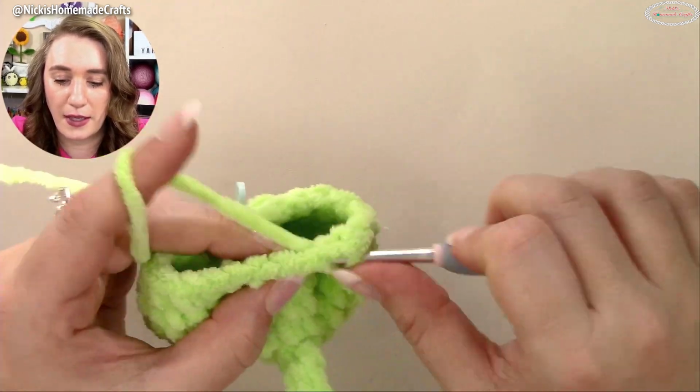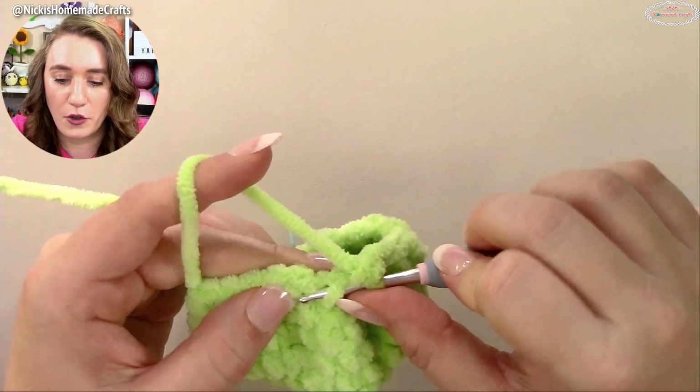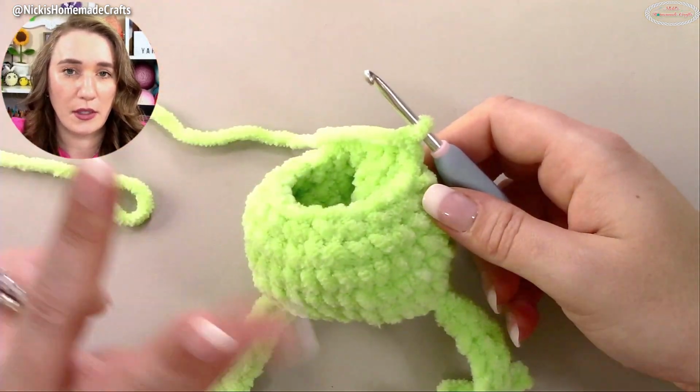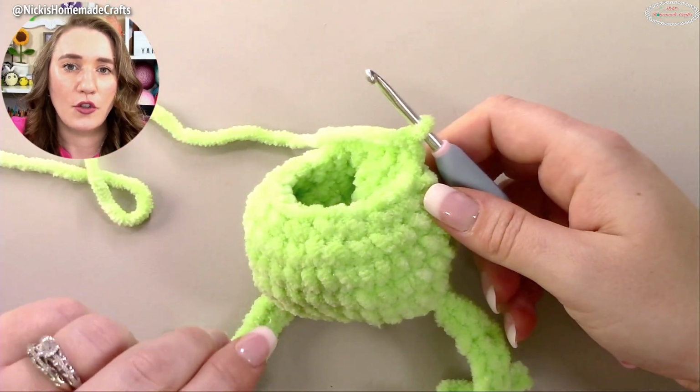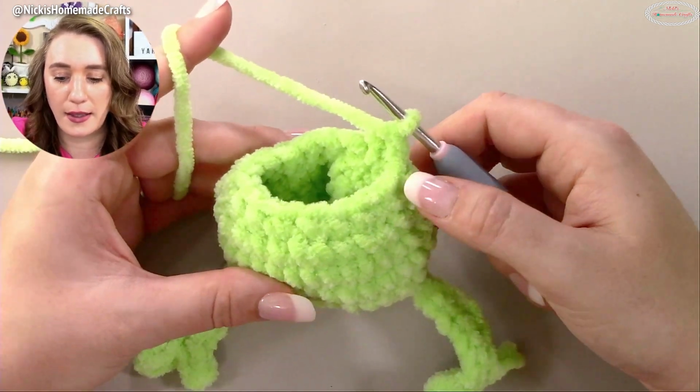So do this until the end, and then we're going to go into a few more rounds of just single crochet stitches. In the next round, we're going to crochet 1 single crochet per stitch, and we're going to do this actually for 3 rounds. So rounds 8 through 10, it's just going to be single crochet stitches, but in this round, you're going to